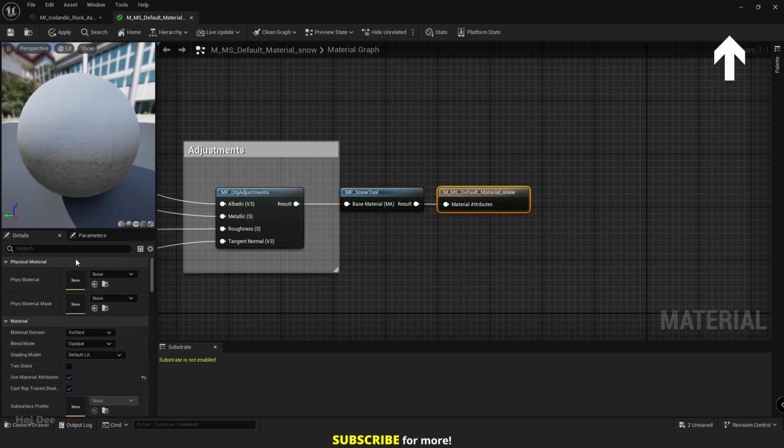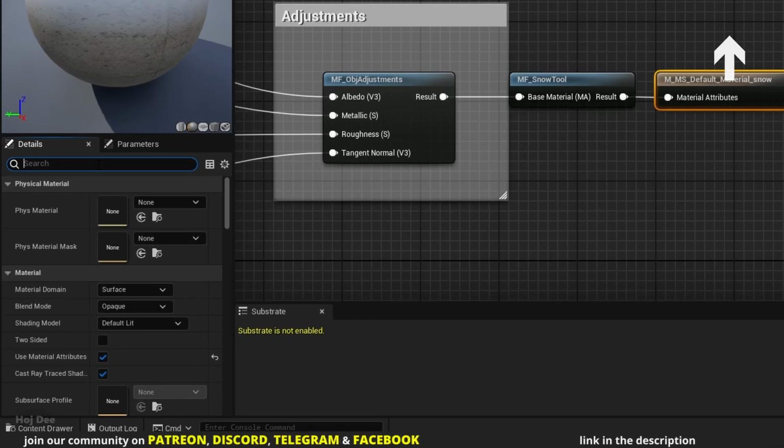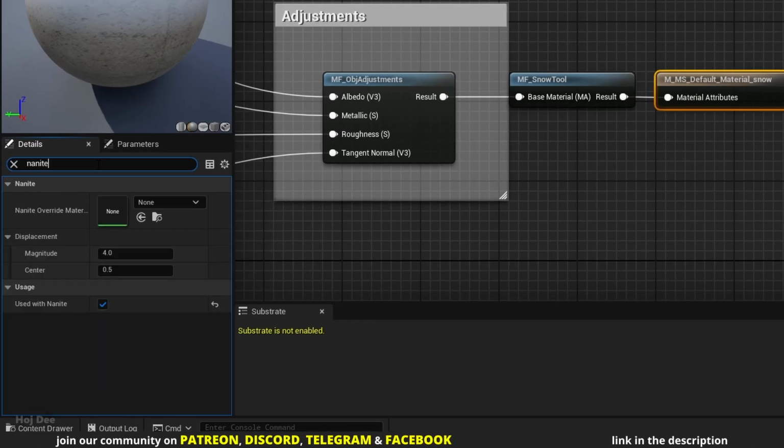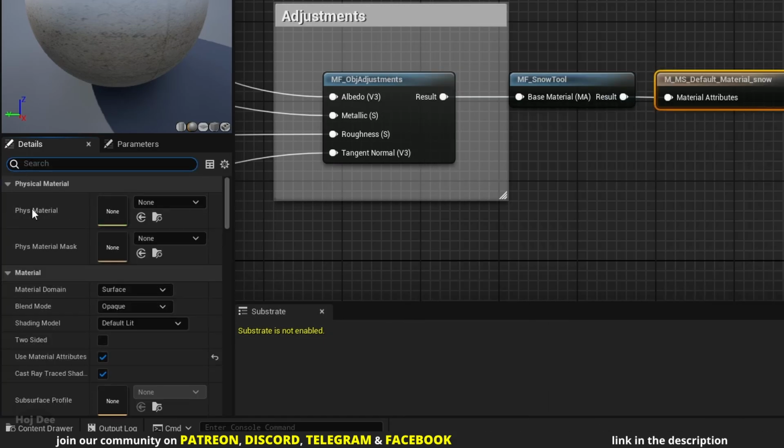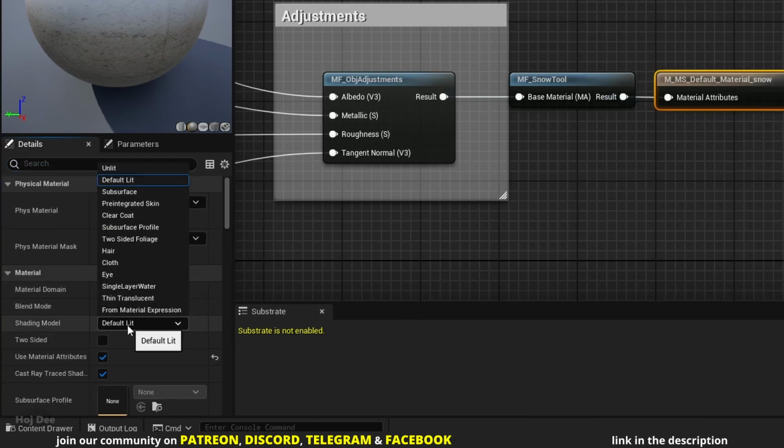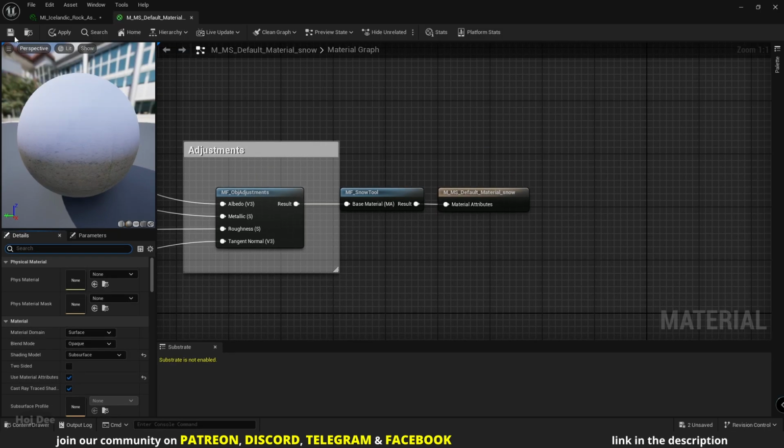Select the main material node and in the details tab search for Nanite. If you're using Unreal Engine 5.4 or later, you can use Nanite tessellation. So enable tessellation and use with Nanite. I'm using the 5.3 version for this video, so I'm only gonna enable use with Nanite. We should also change the shading model to subsurface. Save the material